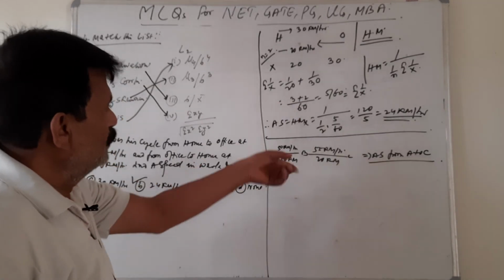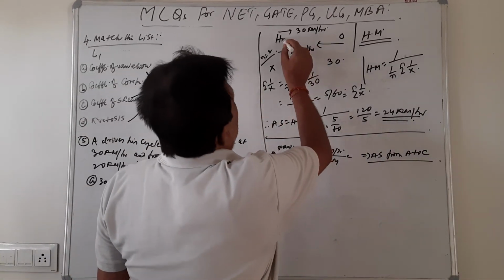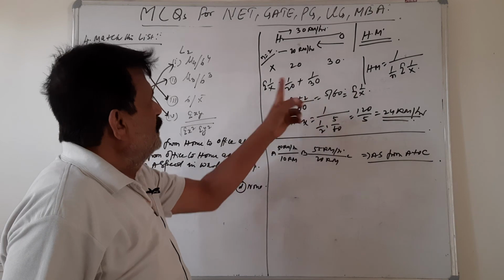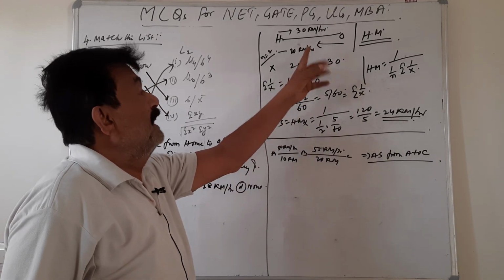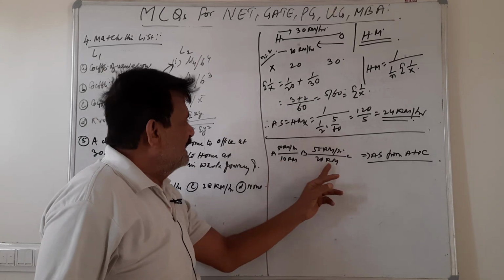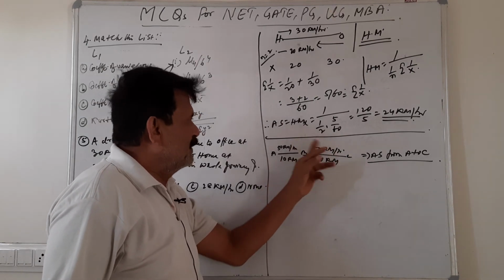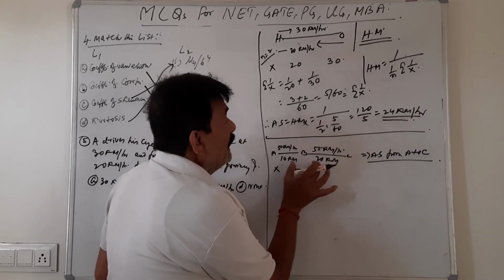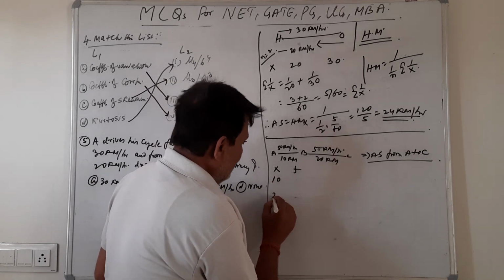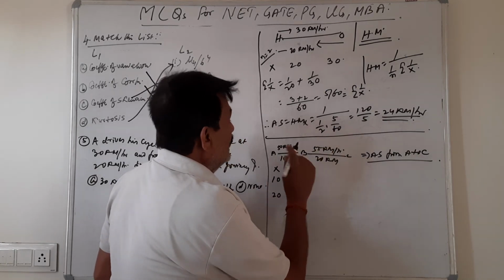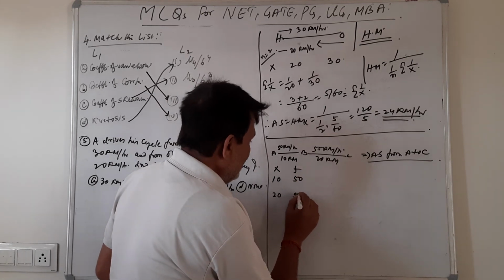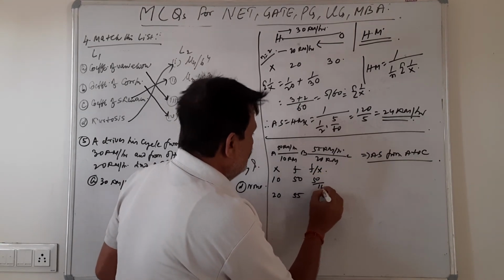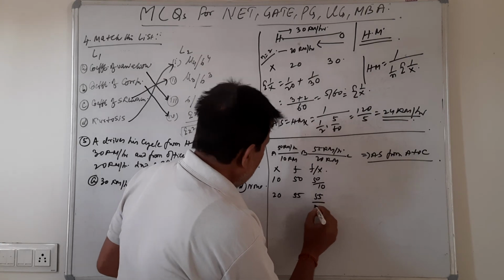There is a difference between these two sums. Here the distance was the same both ways, so we just found the harmonic mean or the average speed without using any frequency. But if we have different distances and different average speeds also, then it would be calculated as x and f. X would be the two different speeds, 10, 20, and frequency would be the different distances, 50 and 55. So f by x: 50 by 10, 55 by